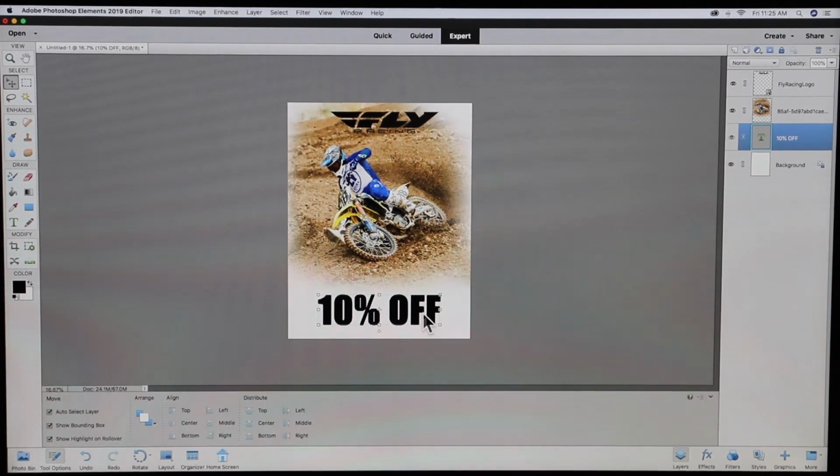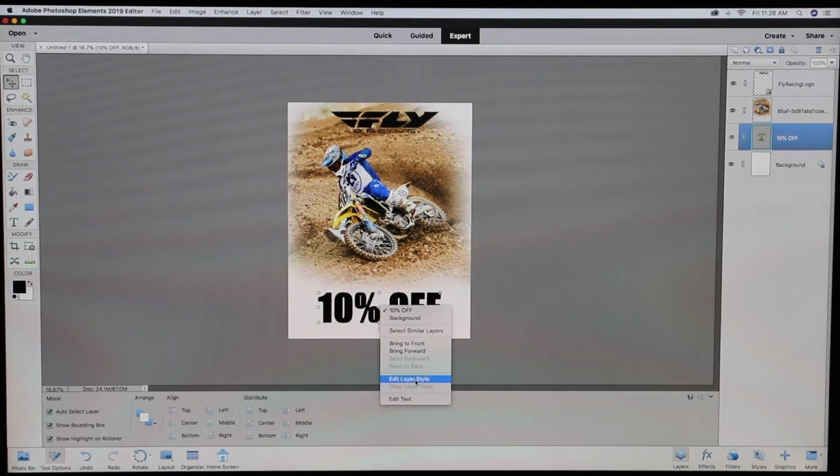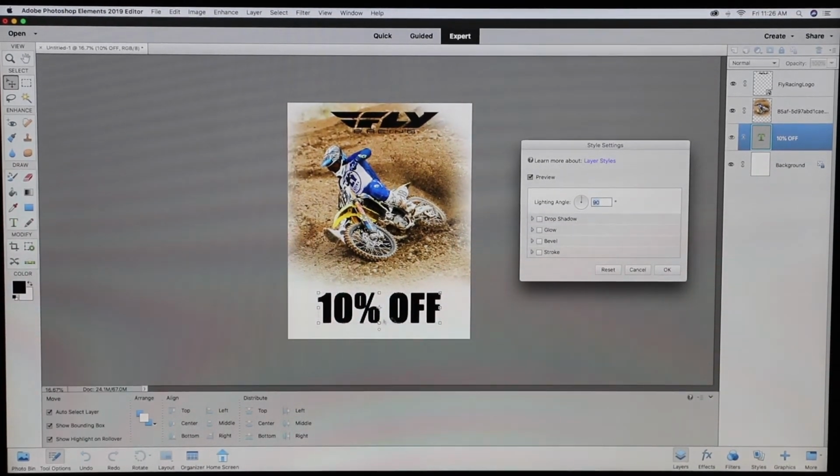So you can see it better. And now to add some depth to this text, same thing if you're on a PC, right click on this, or hold the control button on a Mac, and you're going to edit layer style. So what I do with black text over white is I give it a drop shadow,